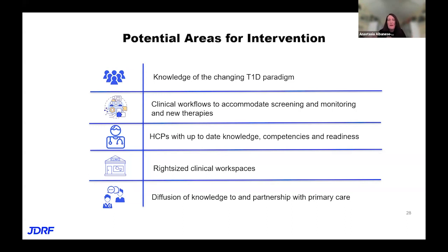How do we do that? But backing up, we've got to get people screened first, because if we don't screen, those therapies before insulin is required, before stage 3, are not even an option. And of course, we need healthcare professionals with up-to-date knowledge, improved competencies, and readiness to take on this work. This is new. And again, we talked about the clinical distress that many practices are under. We need to figure out how to seamlessly integrate this into that clinical workflow in a way that's actionable and